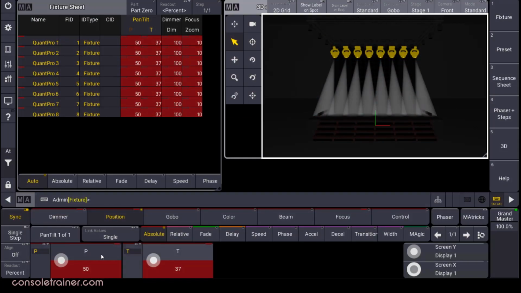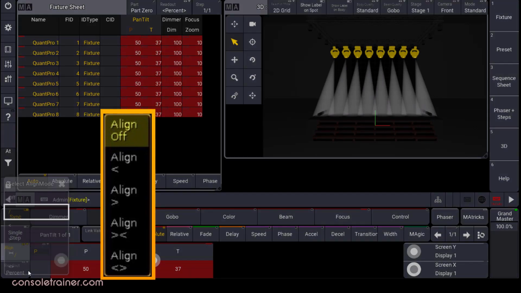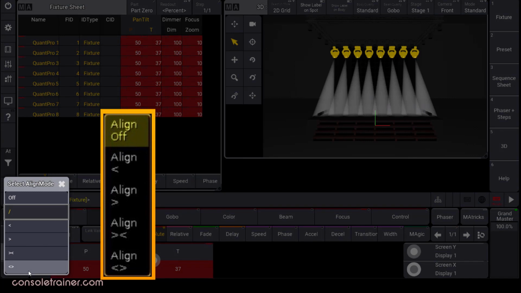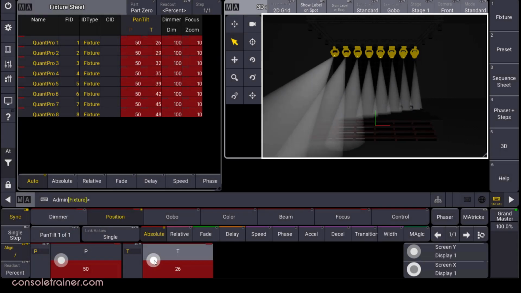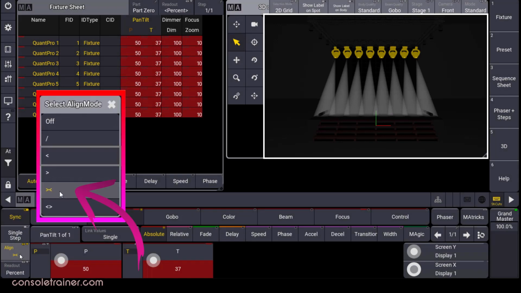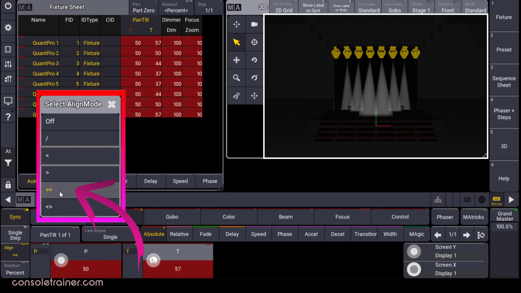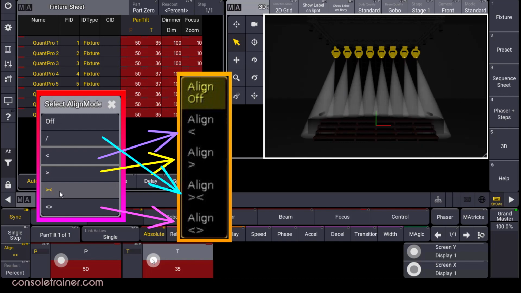Now let's talk about the align option in the bottom left of the encoder bar. The 4 modes of align we knew from MA2 are there, but a bit out of order. The first mode of align we see at the top actually corresponds with what we remember as the 3rd align mode in MA2. We can see this alignment happening when I work with tilt. The icon that looks like the MA2 3rd align mode is actually now the new mode that holds the value on the fixtures in the center of the selection and then aligns outward. The rest of the modes should work as you expect.